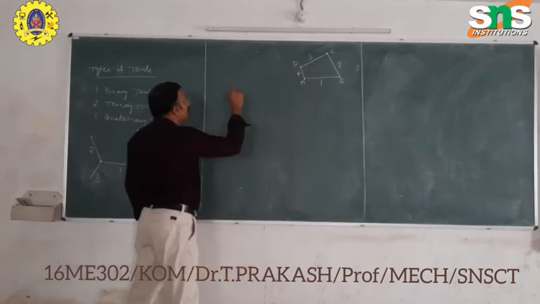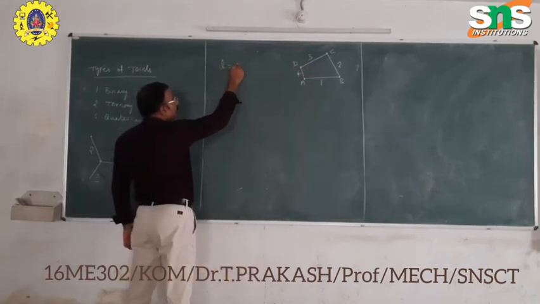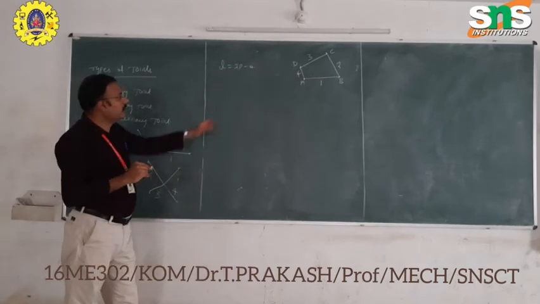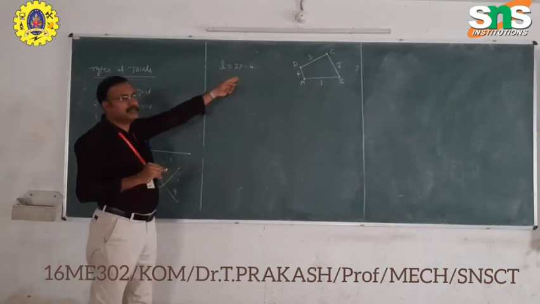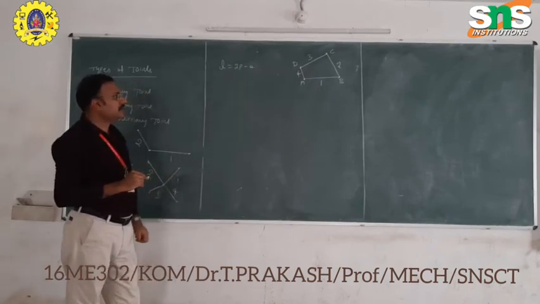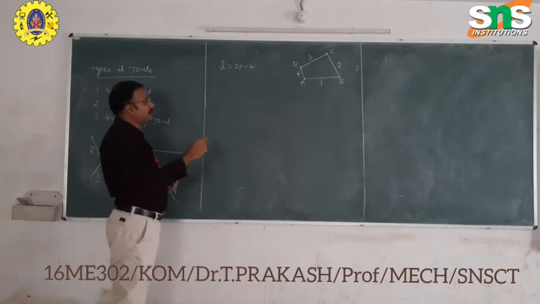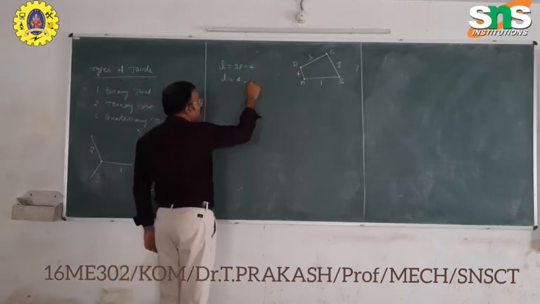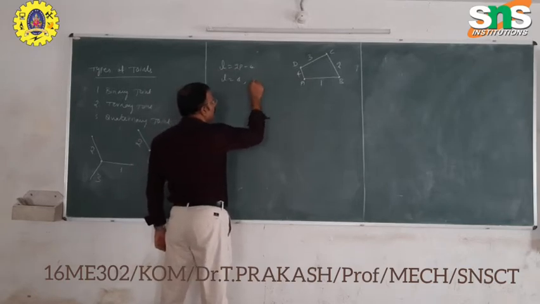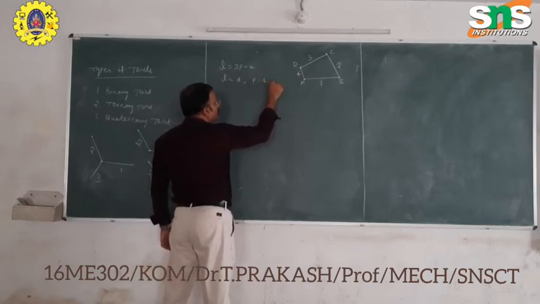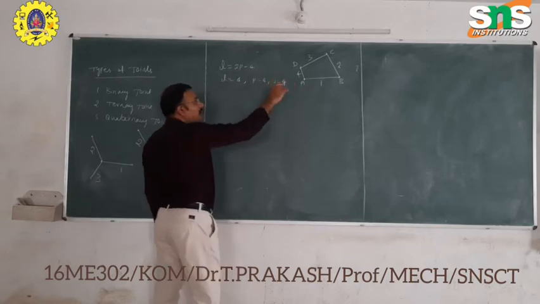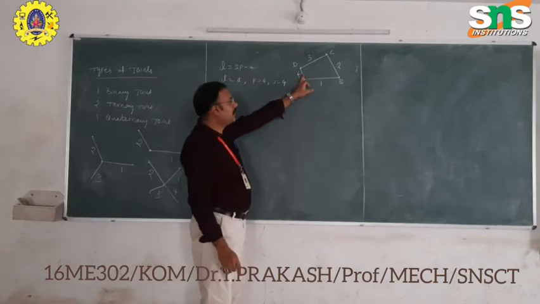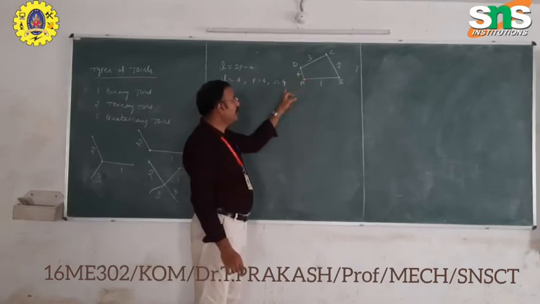When you solve using the formula, you have to check whether the mechanism is possible or not. Using L equal to 2p minus 4, you check whether the left hand side is equal to the right hand side, or greater or lesser. We have discussed this problem already. The number of links is 4, the number of pairs is 4, the number of joints is also 4. You check whether each joint is binary or not. If it is binary, you take it as an exact value.